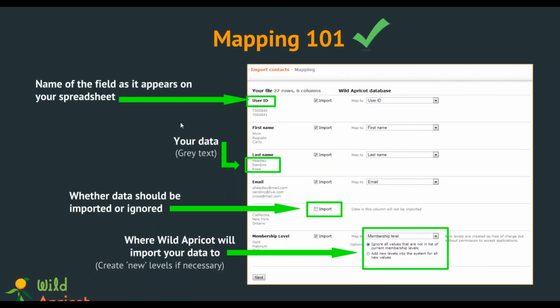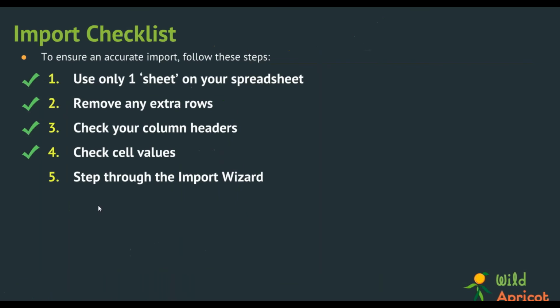When you put it all together, it's a pretty complicated screen, but it's actually a very easy process. You can think of it as a three-step thing. You confirm the data, you select whether or not you'd like to import it, and then you choose where it's actually mapping to. When you go through this, it will automatically go through all the information you have imported into Wild Apricot. It will map everything out, and then you'll be able to review it. If there were any errors or if anything went wrong, you'll be able to see. Otherwise, you'll see that there were no errors and there were 100 new accounts created.